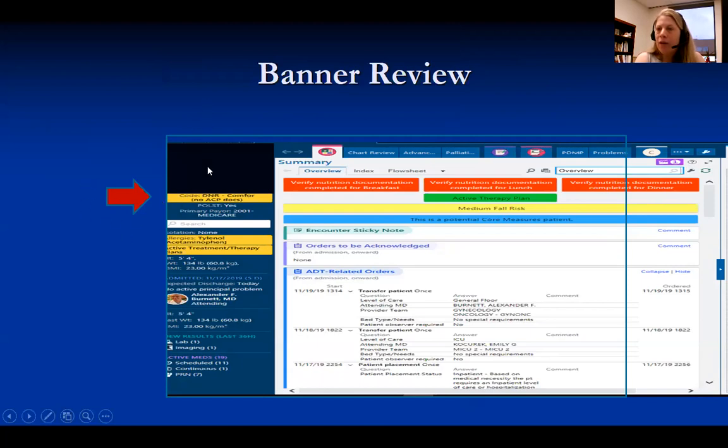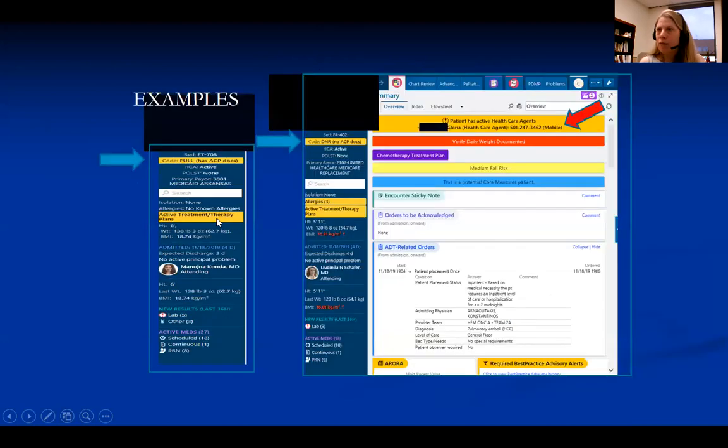In the banner on the left-hand side of Epic, you can see the patient's code status. Here it says no ACP doc. So if the patient had an advance directive, this is where it would show up. At least if they do, it's not uploaded in the right place. If the advance directive is uploaded in the correct place, it will show up here as has advance care planning docs. POLST, yes, this patient does have a POLST. So you can look on the banner for quick access.